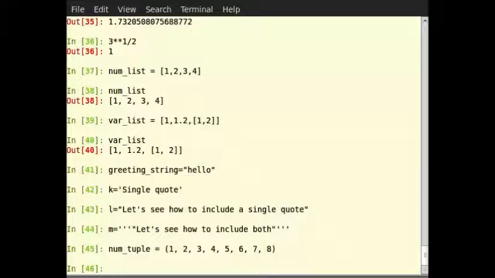Because of their sequential property, there are certain functions and operations we can apply to all of them. The first one is accessing. They can be accessed using index numbers.